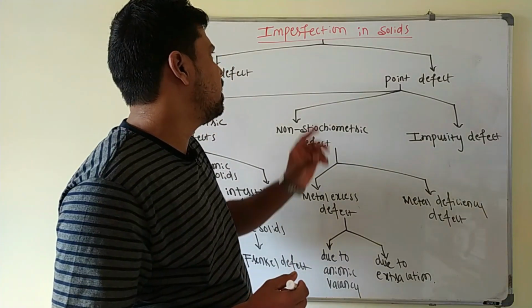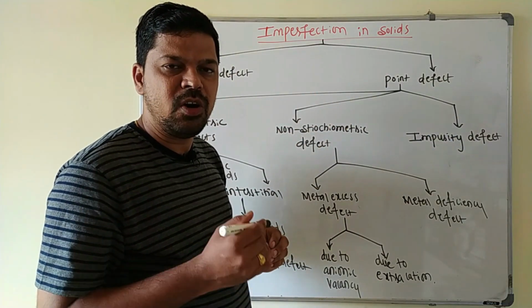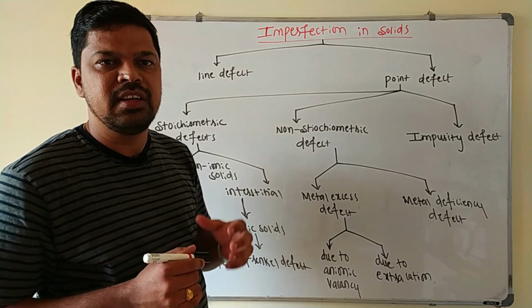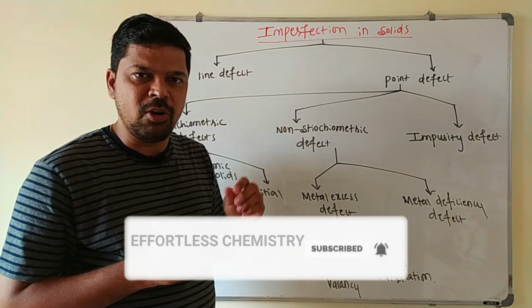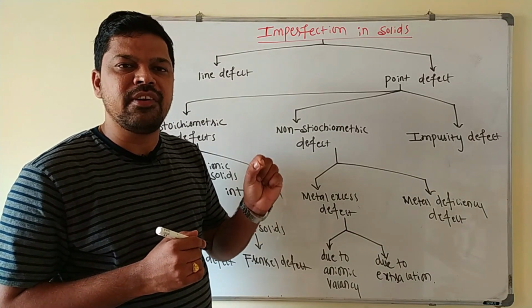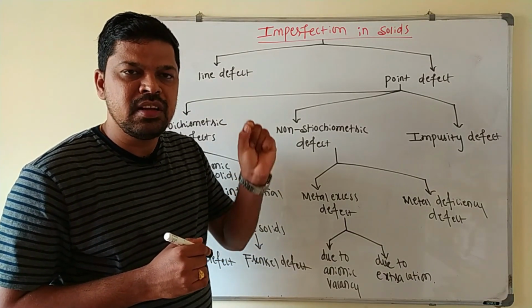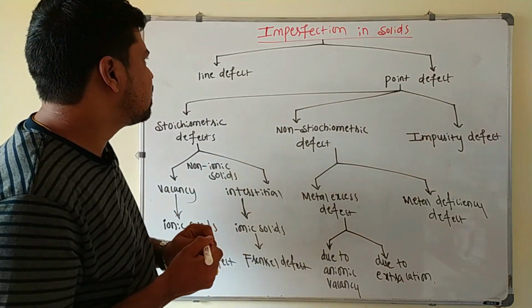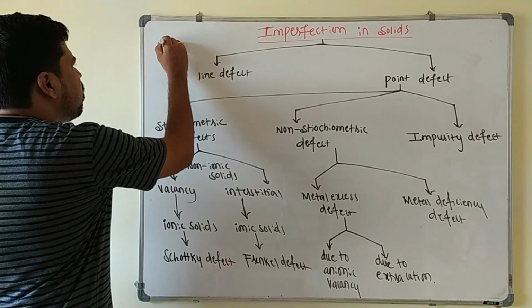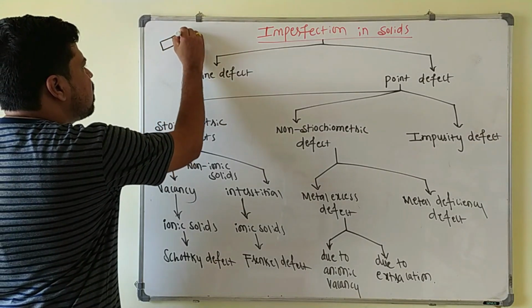So the next point is imperfection in the solids. Already we know that crystalline solids have a regular arrangement of constituent particles over a long range. Even though they have a regular arrangement of the constituent particles, these crystalline solids are not yet perfect, because those crystalline solids are made up of a large number of small crystals, and these small crystals have